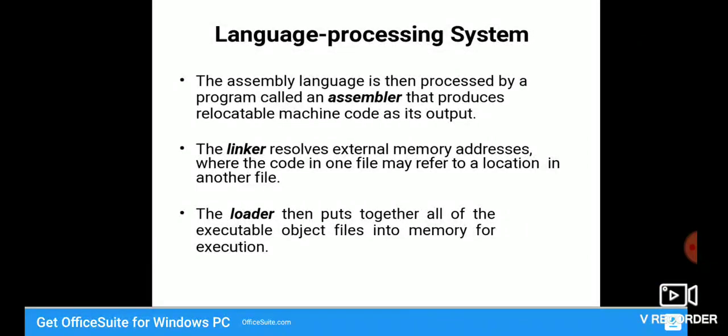After we get the assembly language, the machine does not understand assembly language. It has to be converted again into machine language. So who converts that? It is the assembler. The compiler converts the high level language into assembly language. The assembler converts the assembly language into machine language, as we can see in this point.